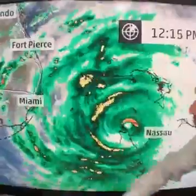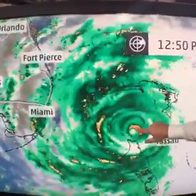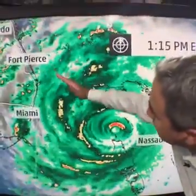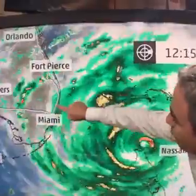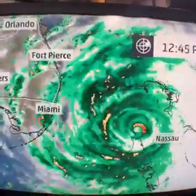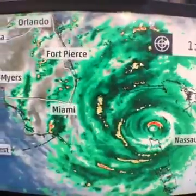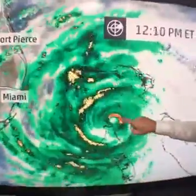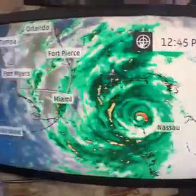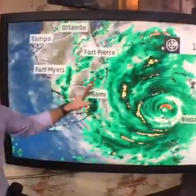And in Miami, I don't think you'll see much more than that. Matthew may be making its closest approach to Miami right about now. It's about 150 miles offshore, but it is going in that direction. So it's going to get a lot closer to Fort Lauderdale, West Palm, Fort Pierce, and all the way up to the Space Coast. There, the weather conditions are going to progressively get worse and worse. And if you find yourself in this eye wall, be prepared for wind gusts over 100 miles per hour. Exactly. So as this eye makes its closest approach overnight,